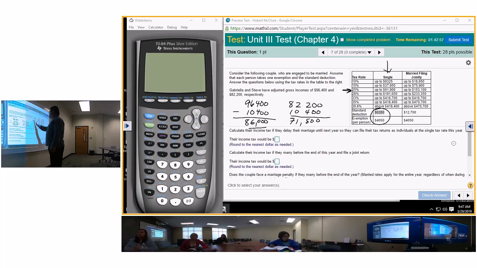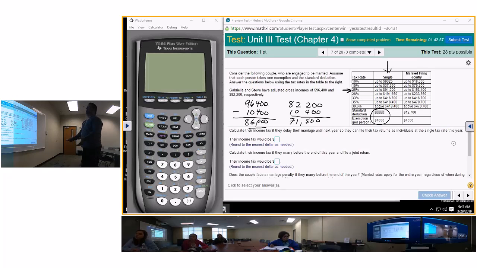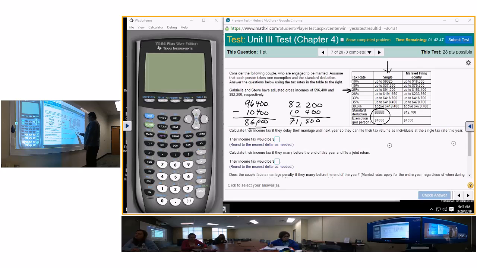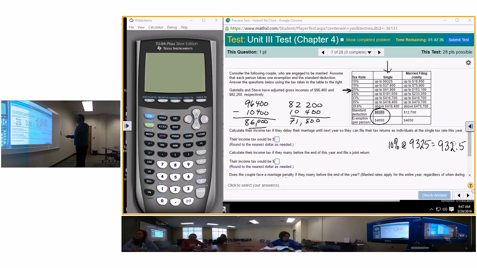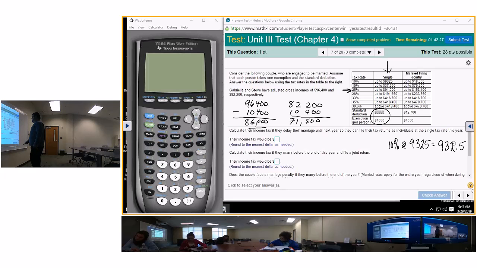So you're going to do the calculation for both of them, the same procedure, just different numbers. Okay? I'll try to do the first one. Of course, the first one is 10% at 9,325, which is equal to 932.5. You're going to do that on anybody's, okay? If they're single, the first one is going to be 932.5. All right? Now 15% is going to be at 37,950